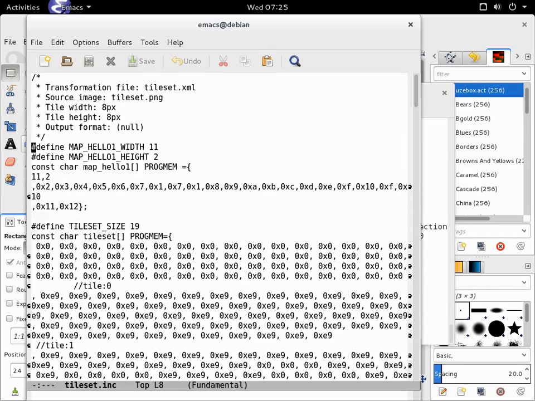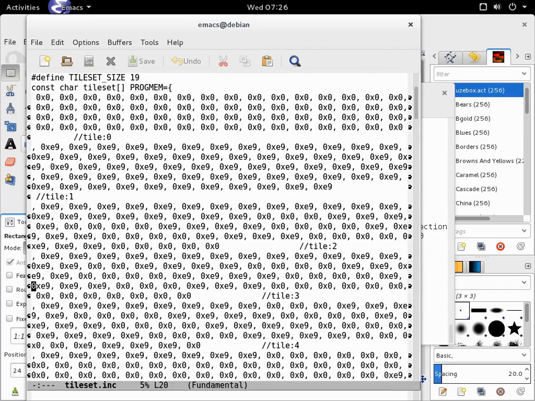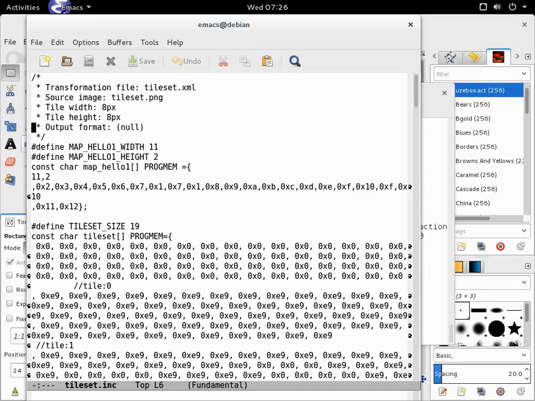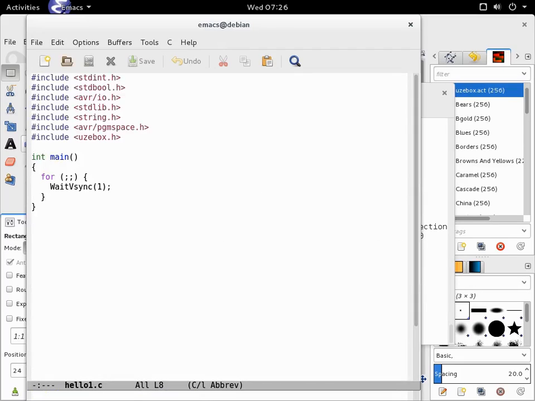So we have a bunch of defines, we have the map, and we have the actual raw data from the tileset here. So now we'll just include this tileset.inc,